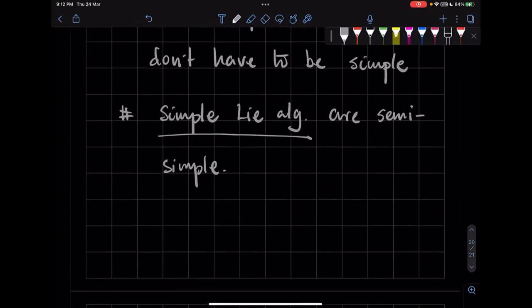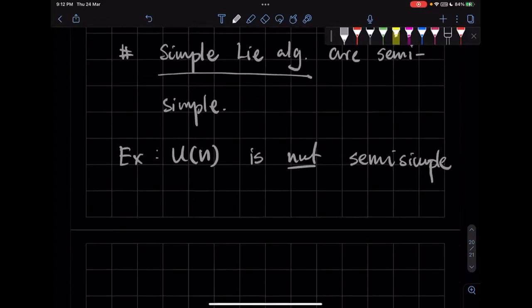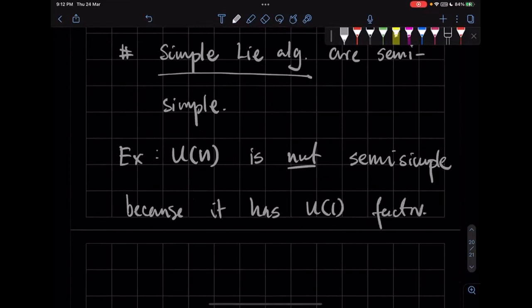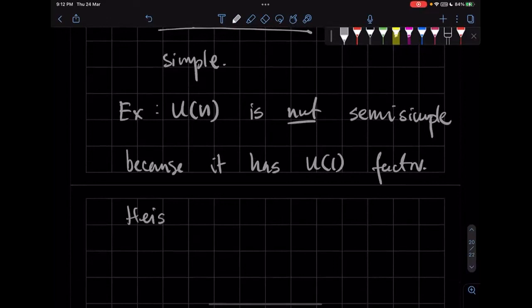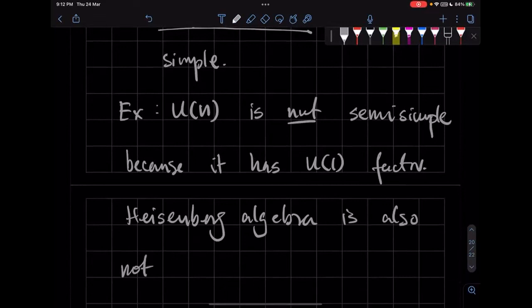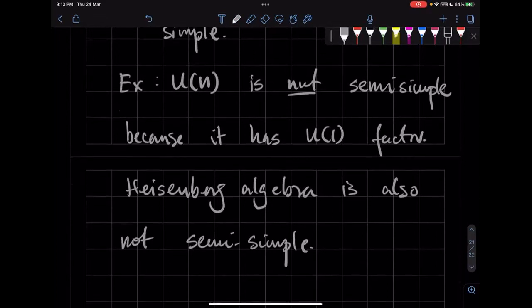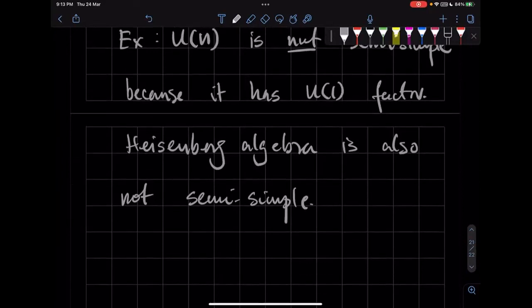And the other example is UN. So UN is not semi-simple because it has a U1 factor, right? And similarly, the Heisenberg algebra is also not semi-simple, right? Okay. Any questions? Okay, so